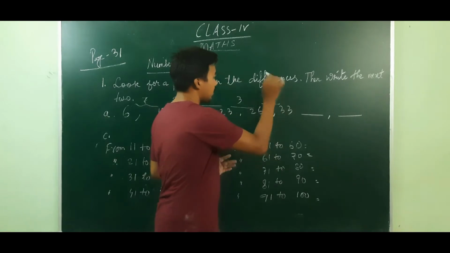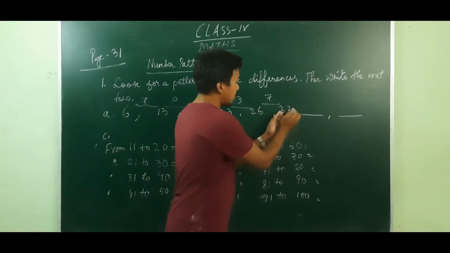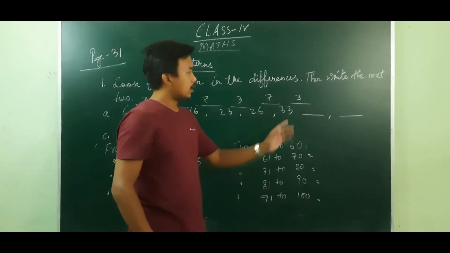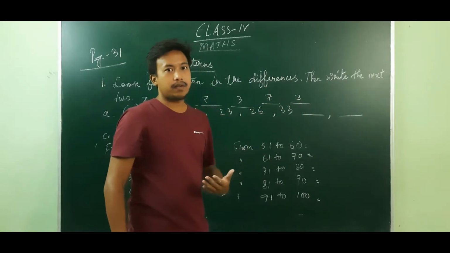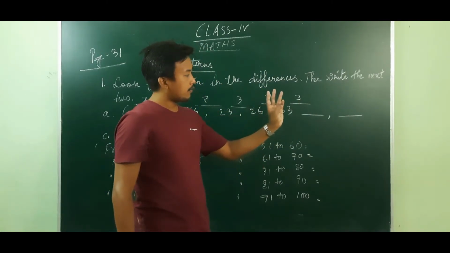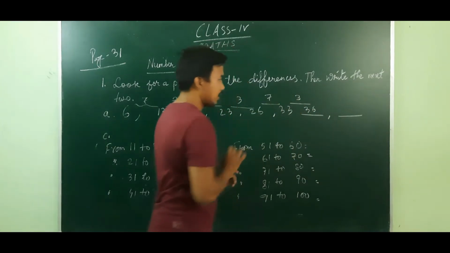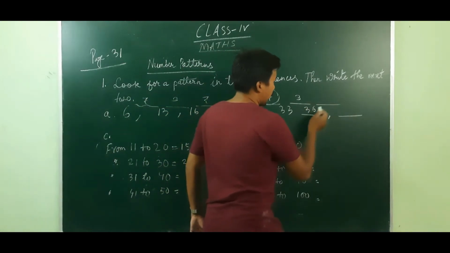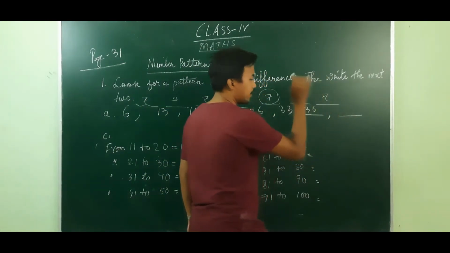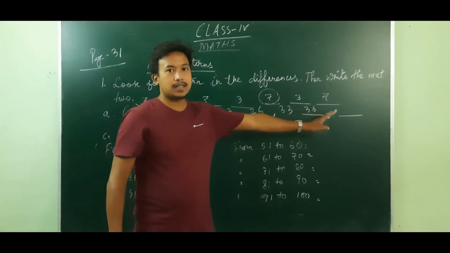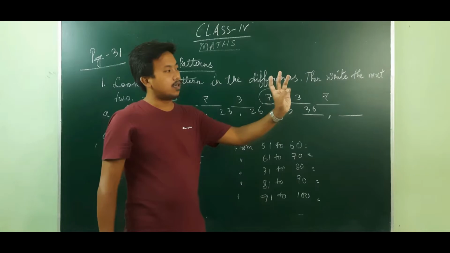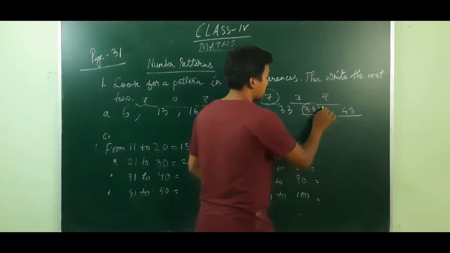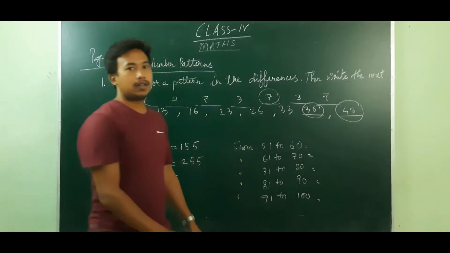Again we have a difference of 7 here. That means the number between this 33 and this number must have a 3 here. Start counting from the next number after 33, that is 34, 35, 36. That is 36. Now after 3, there was a gap of 7 here. With the number 36 and this number, there was a 7 gap. Start counting from the next number after 36: 37, 38, 39, 40, 41, 42, 43. That means ultimately the two numbers are 36 and 43.